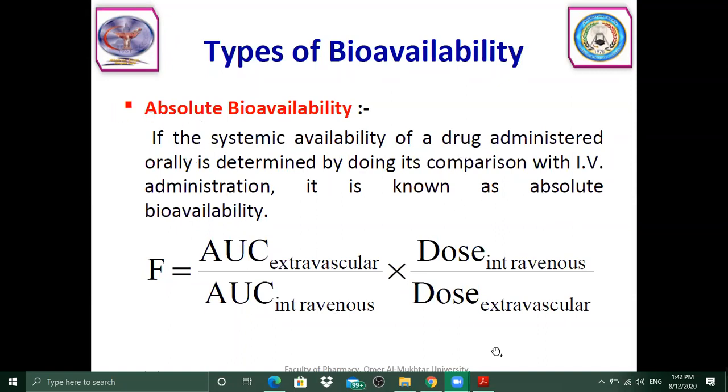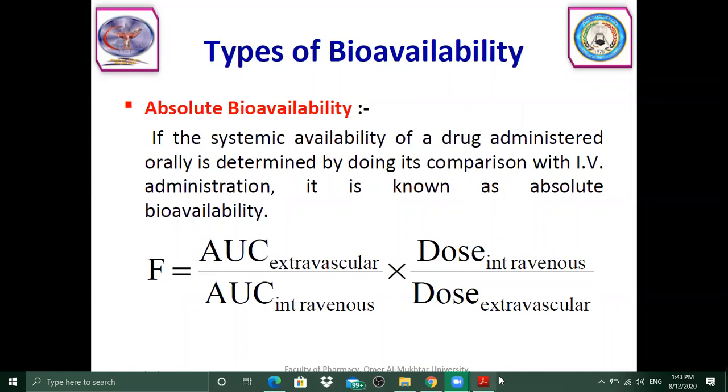So absolute bioavailability, you must remember that you should always compare it with the intravenous administration. If you are giving a dosage form which is oral in route, or rectal in route, or liquid, or something else which is different from IV, then you will be comparing your data with the intravenous administration of the same. So at that time your reference will be what? Your intravenous dose.